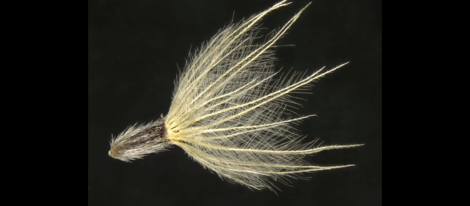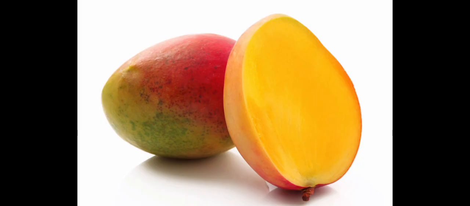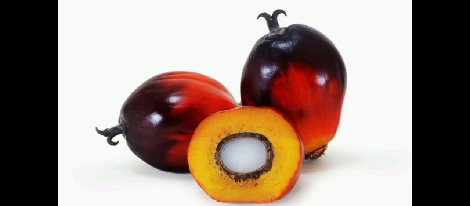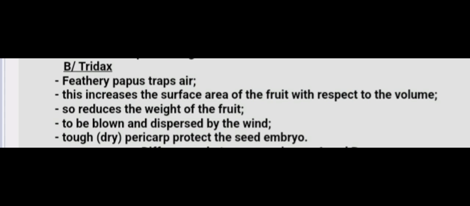And water can also disperse, like some fruits that are on water and fall in water. Also, humans can eat them, like the mango, like the tomato. All right. Humans can eat these fruits and then throw these seeds in places where they can grow, and it becomes a means of dispersal too. So if I want to go again with the Tridax fruit, I would say Tridax fruit